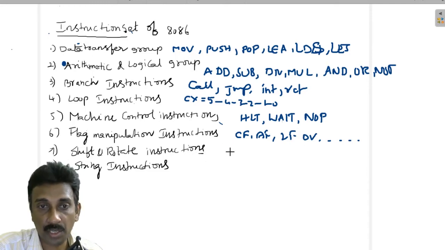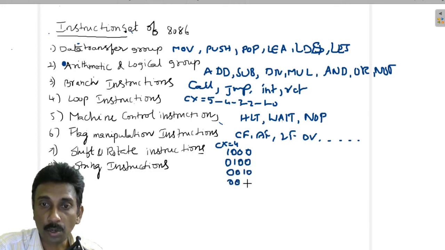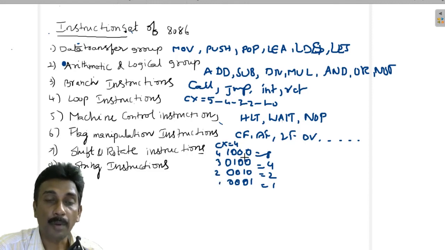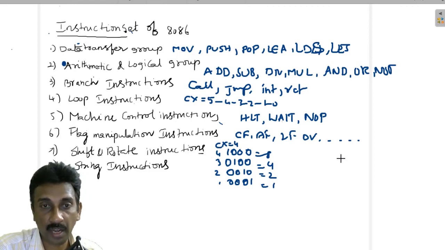Next is the shift and rotate instructions. Suppose the binary code is 1000, which has four digits, so I take the counter equal to 4. The counter decreases from 4 to 3 and, shifting towards the right, it becomes 0100. Shifting another time, it becomes 0010. Another shift gives 0001. So the value goes from 8 to 4, to 2, to 1. Sequentially, a divide-by-2 operation is being done. In addition, the counter is decremented from 4 to 3 to 2 to 1. Shifting operations, particularly in counting operations and other operations, can be to the left side or right side, and we use them in many instructions.